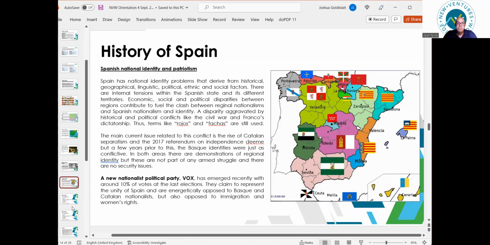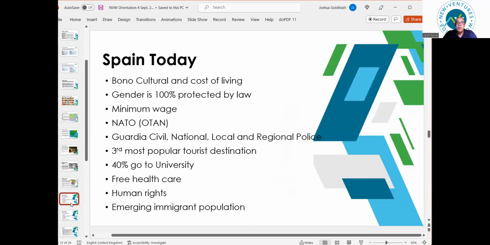All right. There we go. So Spain today, these are some things about Spain today. Oh, next one's exactly the same, isn't it? There we go. Okay, we got this repeated. Okay, no problem. So Spain today. These are just some peculiarities about Spain. The bono cultural and the cost of living. Okay, this is money, isn't it? So the cost of living,